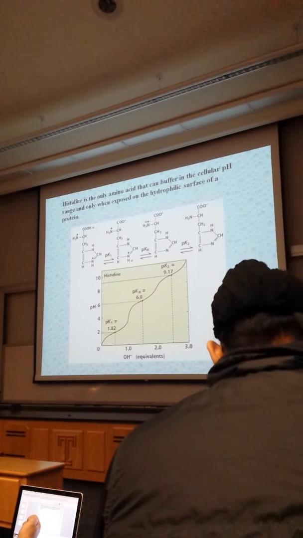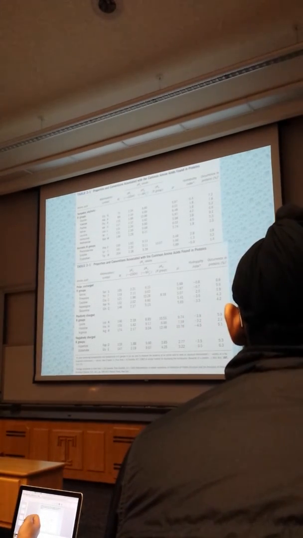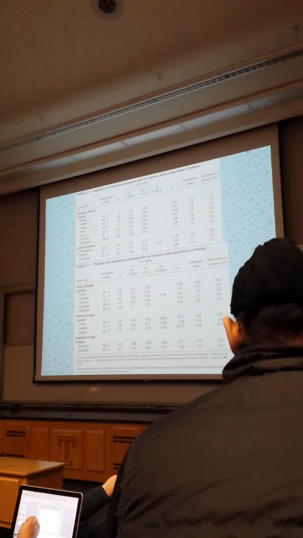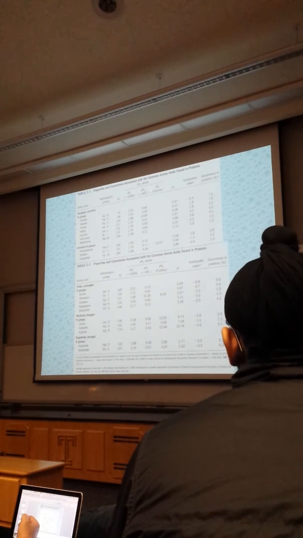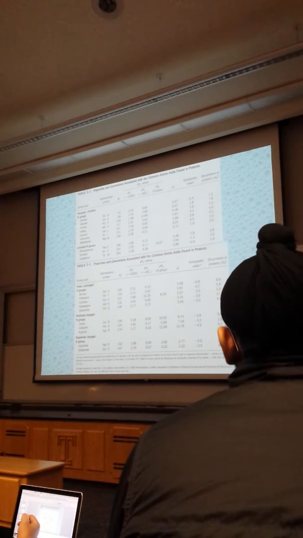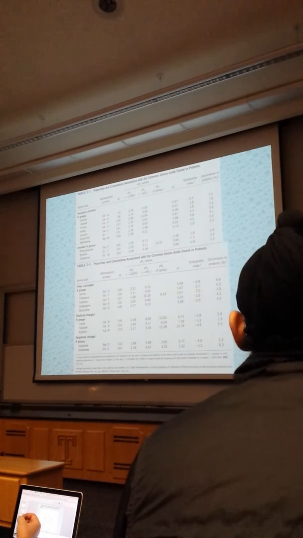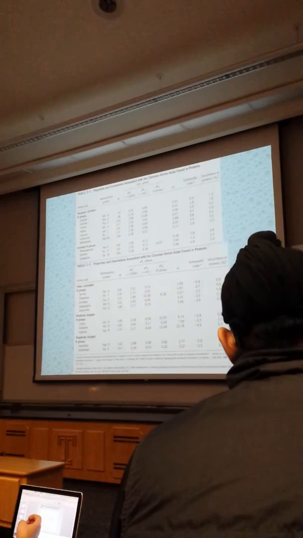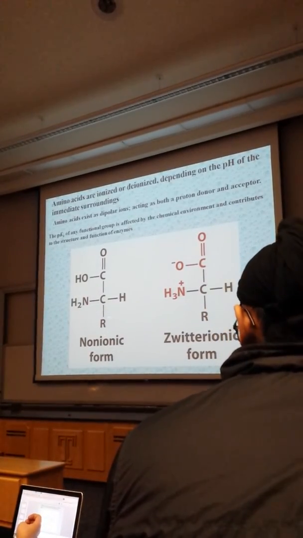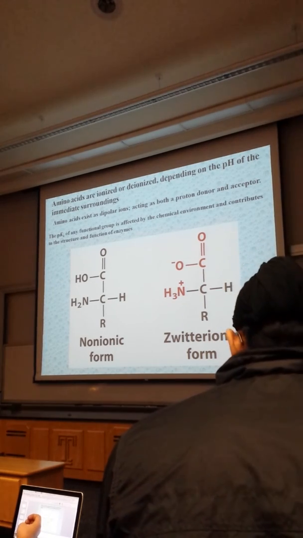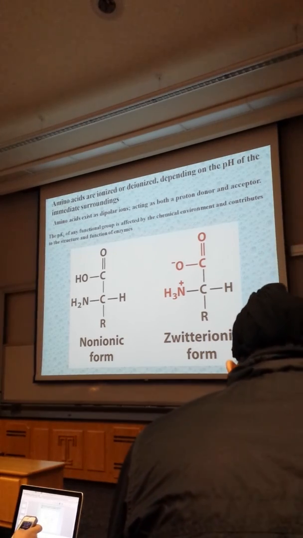Okay? All right. And what you see here is a list of different amino acids. And what you also see is the amino acids that actually have a pKr. Not all amino acids have a pKr because many of our amino acids have R groups that are not ionizing. Only amino acids that have an R group that is ionizable will actually